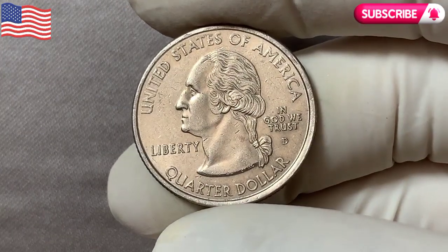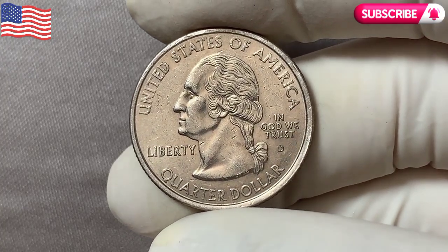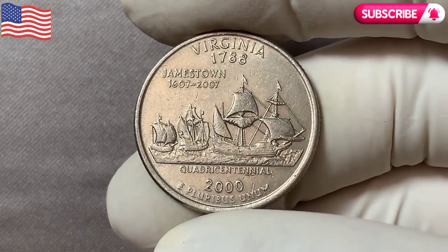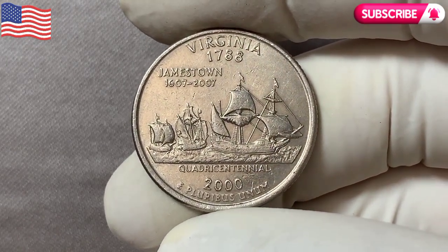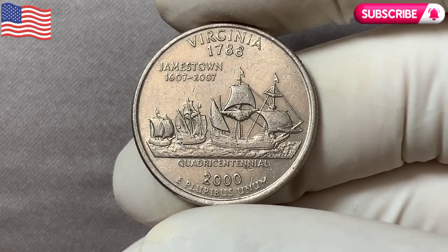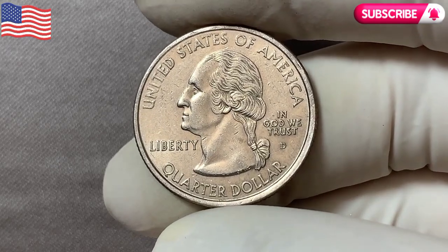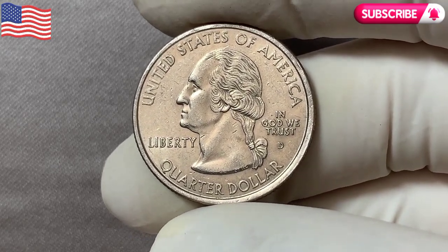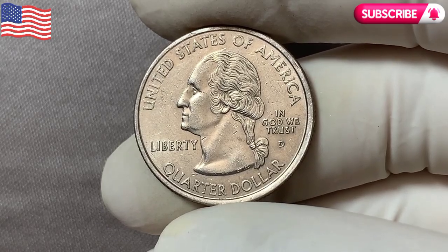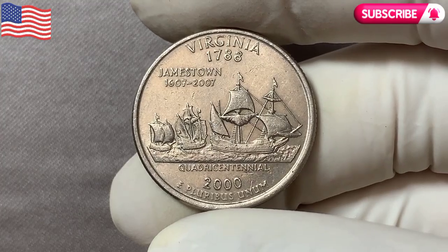On the reverse side of the Virginia quarter, you'll find one of the most iconic images in American colonial history: the 3 ships that brought English settlers to the New World in 1607. The Susan Constant, the Godspeed, and the Discovery. These 3 vessels carried the settlers who would establish the first permanent English settlement in what would become the United States, Jamestown, Virginia. Above the ships, you'll see the inscription Jamestown 1607 to 2007, acknowledging the 400th anniversary of this